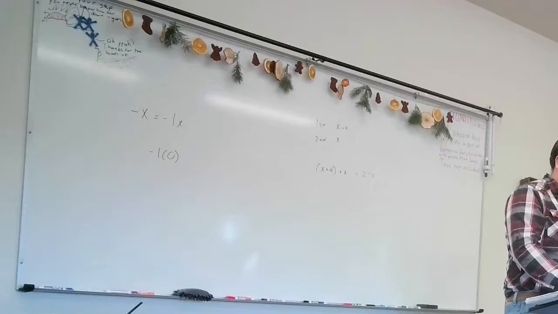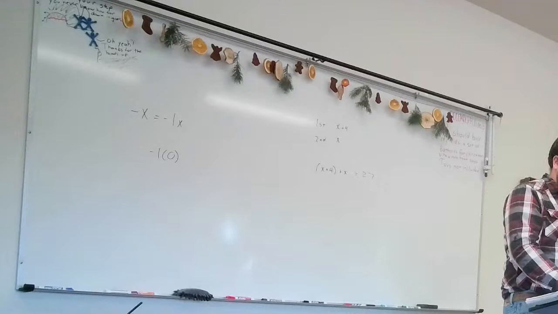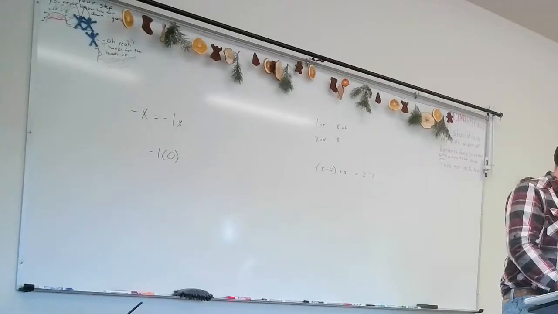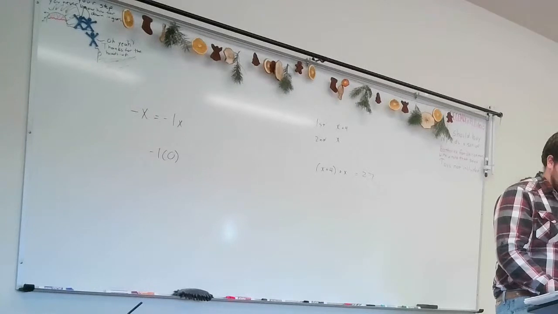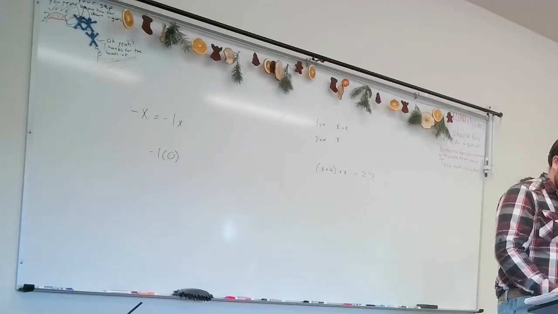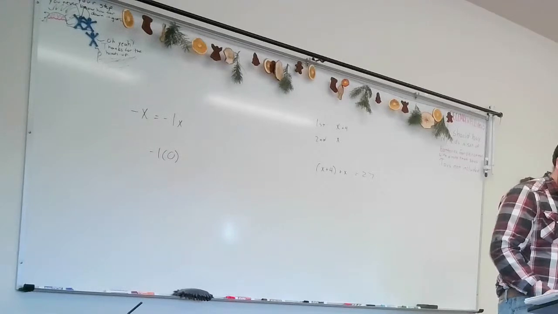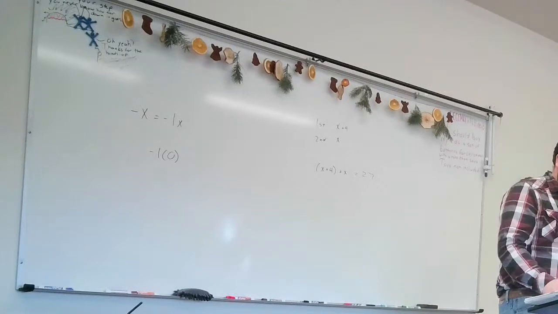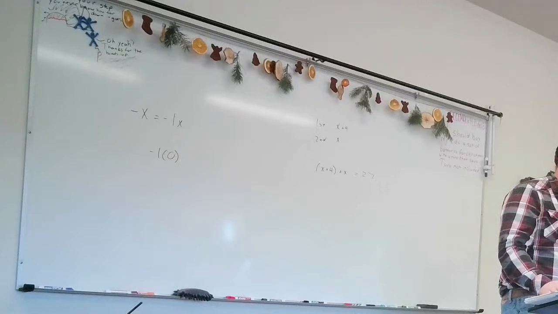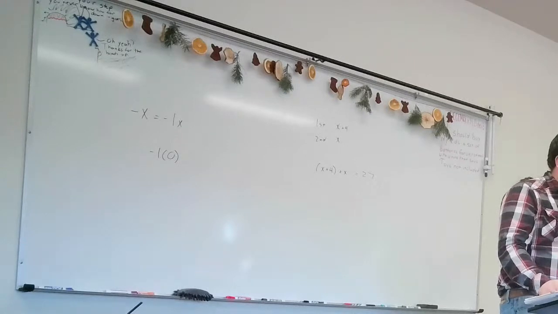Number 12 is 3 squared. 13 is y to the 5th over x squared. 14 is 8 to the 5th. 15 is 1 over 12 to the fourth. 16 is 4 times the square root of 2. 17 is 3 times the cube root of 2. 18 is 3 times the cube root of 4. 19 is 42. 20 is 6 times x squared y minus 3xy squared plus 2.